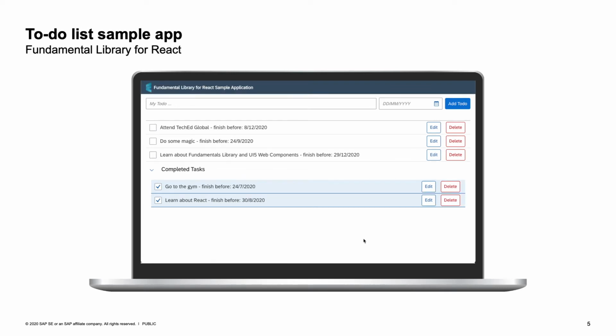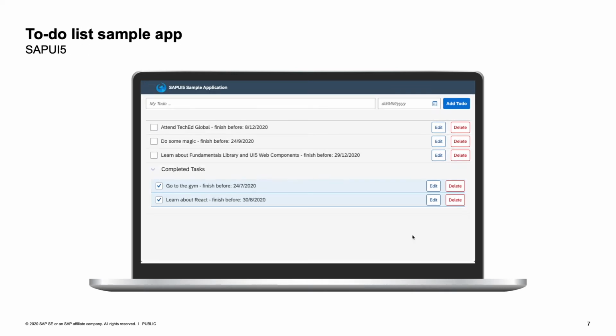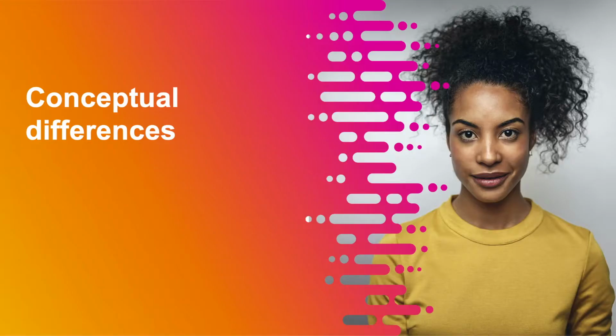And when I go back again and forth, you see that they look very much alike. There are minor differences in the padding and the margin, and that is due to the implementation and how I use them. But the controls themselves, such as buttons, lists, they are all the same and all are Fiori compliant. So much about a high-level overview of these applications. And in the next section, I want to go a little bit deeper to the next level to show you how the code of that project looks like, how the documentation looks, and what you can expect from these projects.